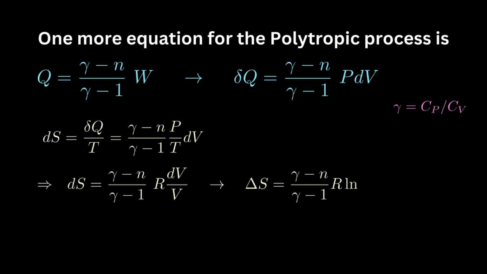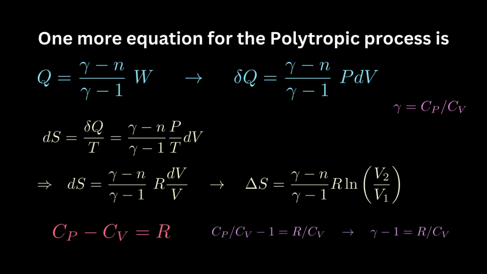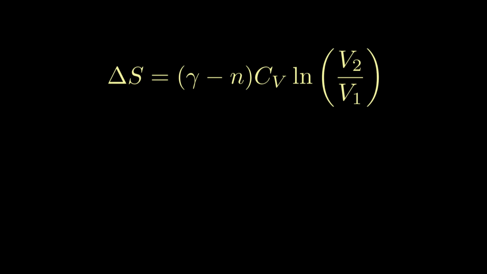The result is simplification becomes possible if we use the famous relation divided by CV, and we get. So the previous result can also be written as